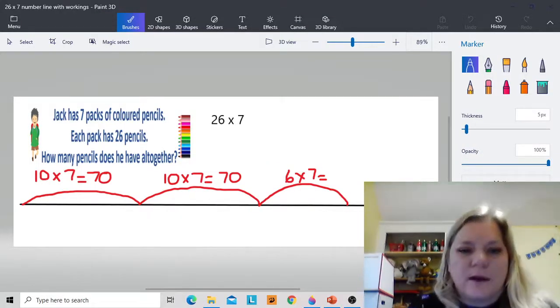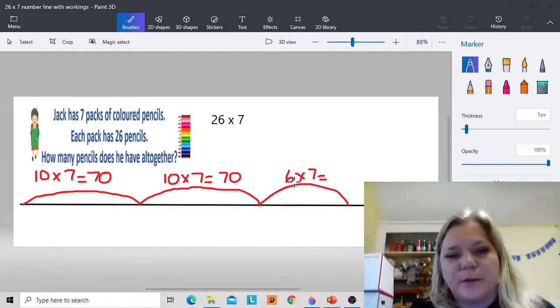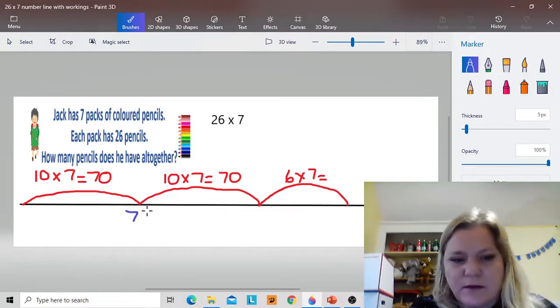So, okay, your working out should look something like this. I partitioned the 26 into a 10 and a 6, and all of those numbers have to be multiplied by 7. So 10 times 7 is 70, so I'm going to write 70 along here. We've got another 10 times 7, which is another 70, so we have to add that on. That gives us